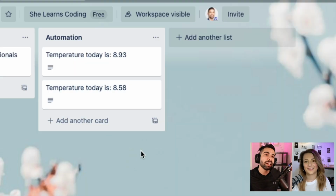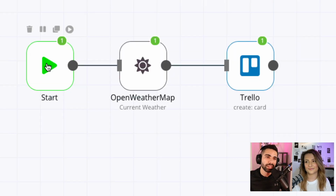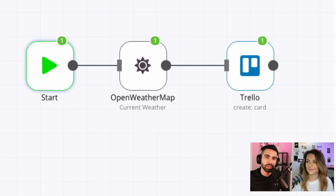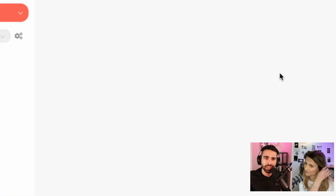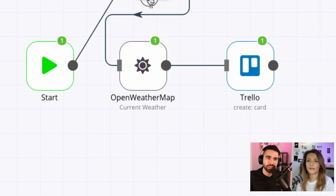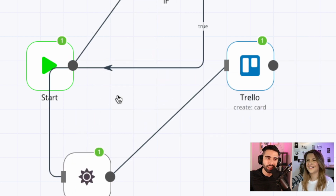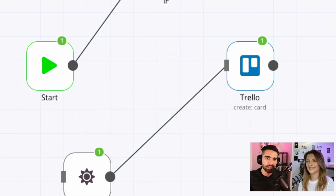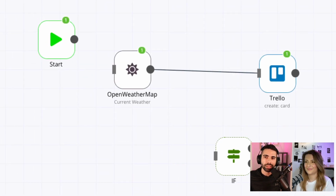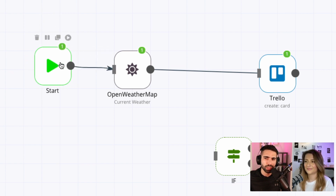Now we're supposed to change the start condition. You asked me whether I can make an if sentence or something like that. Yes, you can. There's this thing called if. So here you can just add an if, like the weather before. You just delete this, and then it says if. Let's put it like this. We can start every single day or something. We can define that, and then we can say if